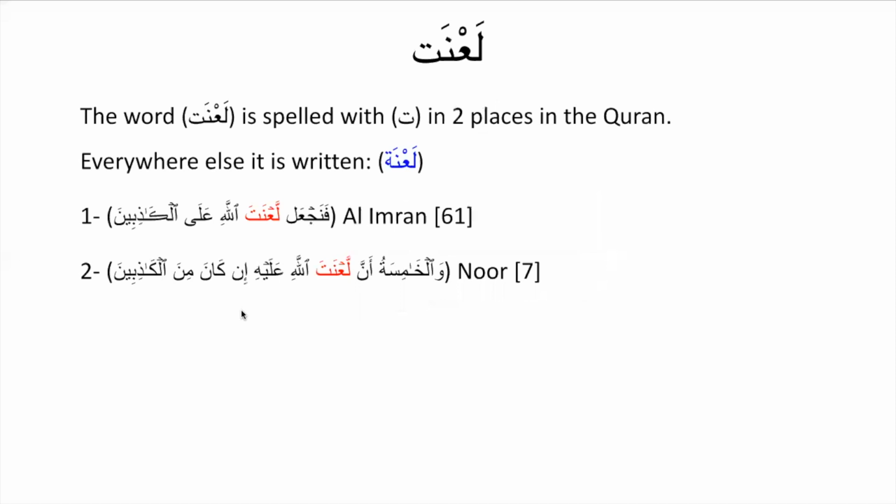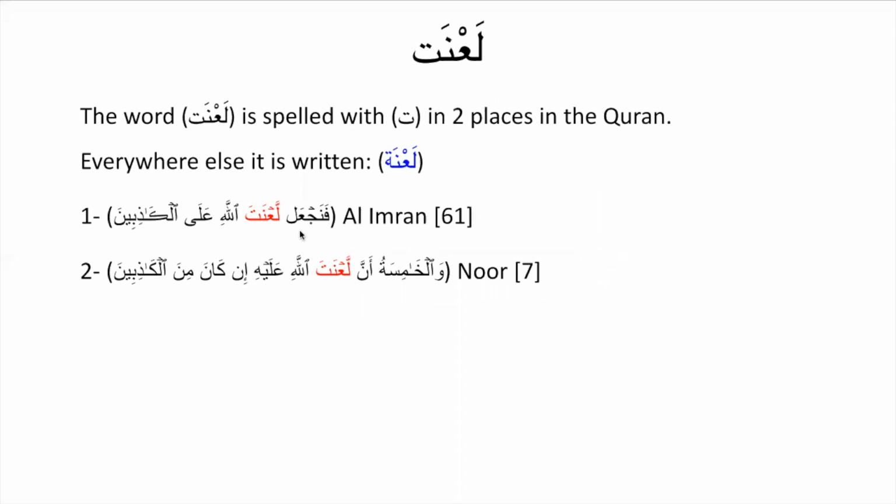The next word Ibn al-Jazari gives us is when he says عِمْرَانَ لَعْنَةَ بِهَا وَالنُّورِ. So the word لَعْنَةَ biha, going back to the word Imran in Surah Ali Imran, وَالنُّورِ, and also in Surah An-Nur. So the word la'nah, qiyas says it should be spelled with ta marbuta, but there are two places in the Quran where it is written with a flat ta.